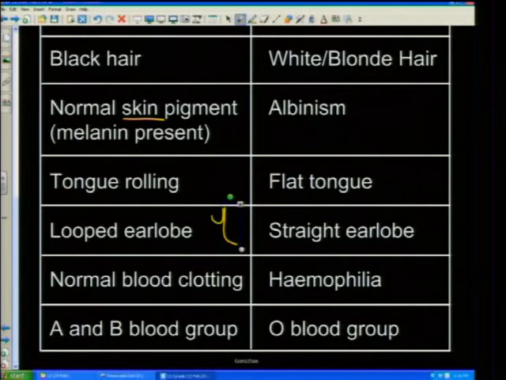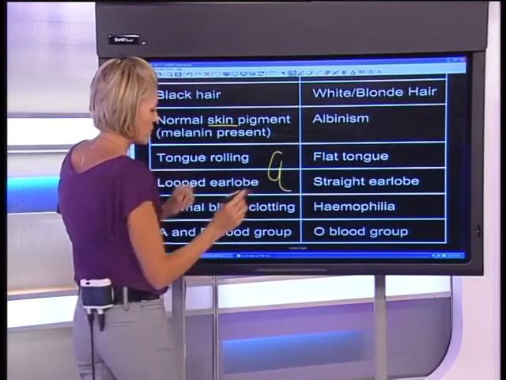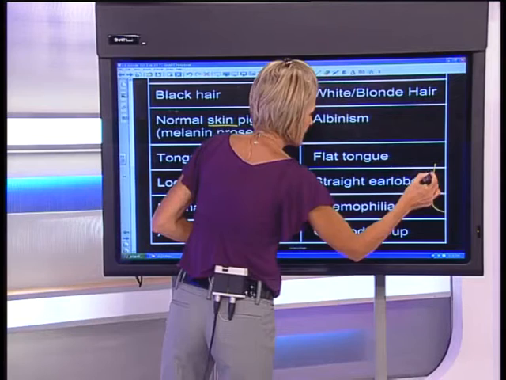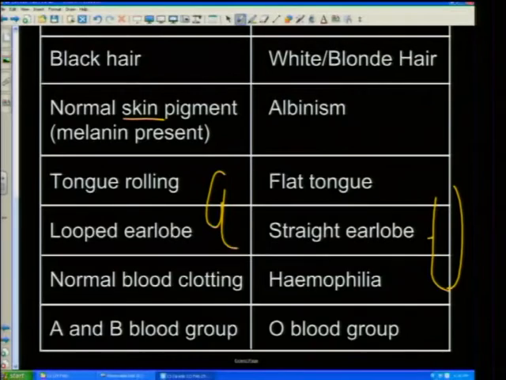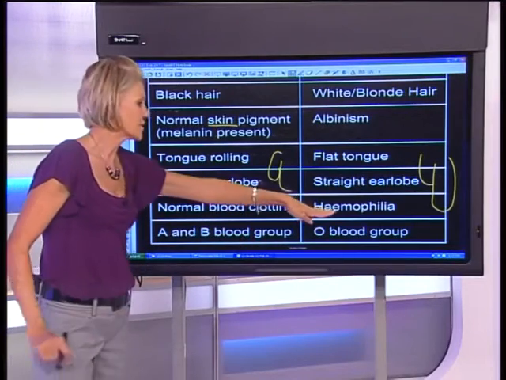It's got like an indentation there. If this is the face, the ear does that. Whereas a straight one, if this is the face, the ear comes and it's straight like that. All right, so whether it goes in or whether it's straight, normal blood clotting versus hemophilia,